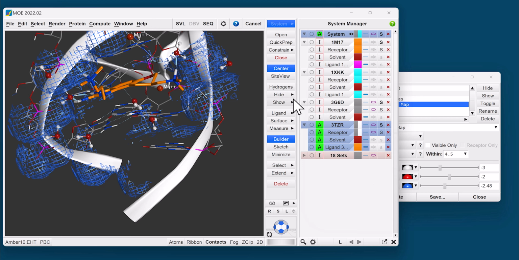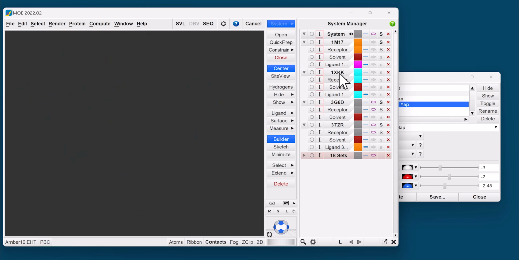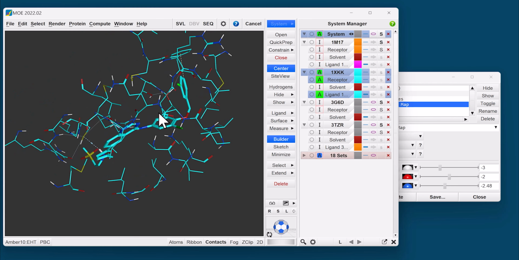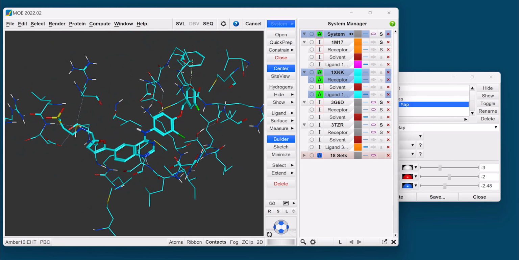In our final example, I'll show how we can use surfaces for comparing binding pockets or identifying structurally conserved regions. For this, I'm going to load in the same EGFR receptor as we saw in the first example. The first example was using 1M17, which had a ligand called erlotinib bound, whereas 1XKK has a ligand called apatinib